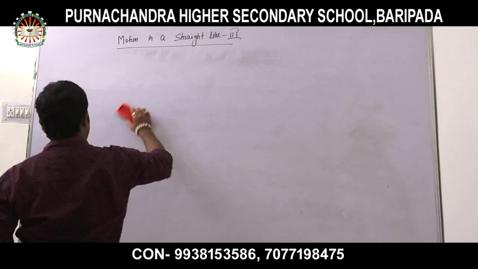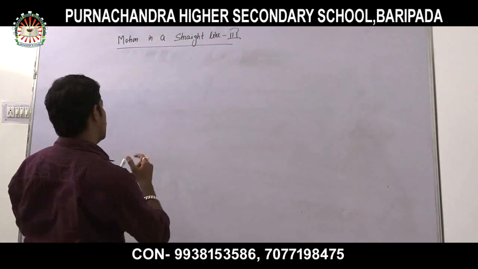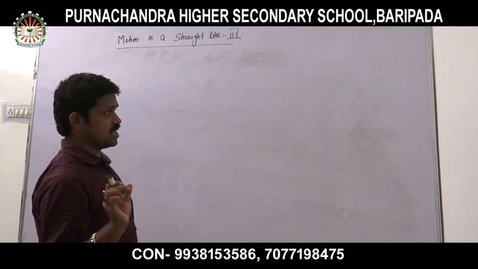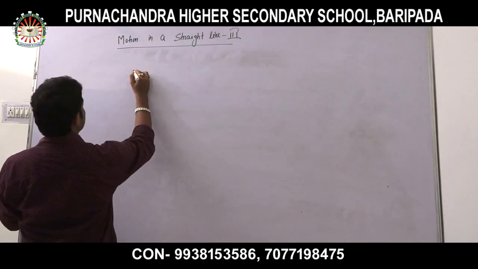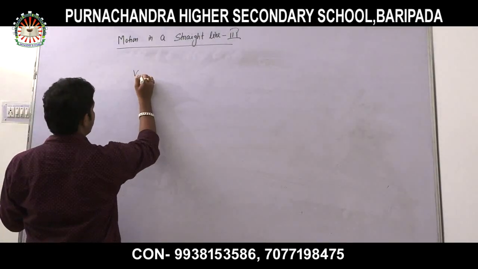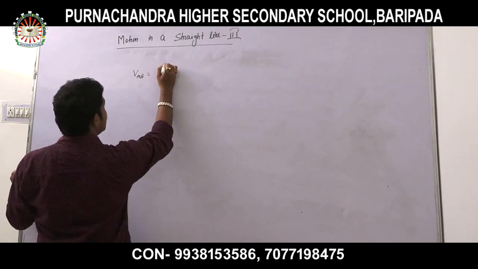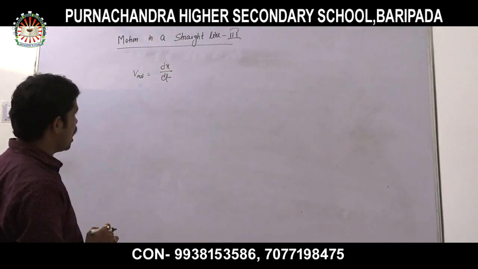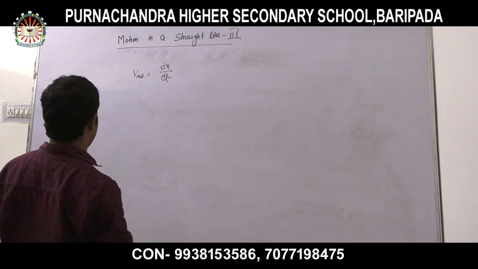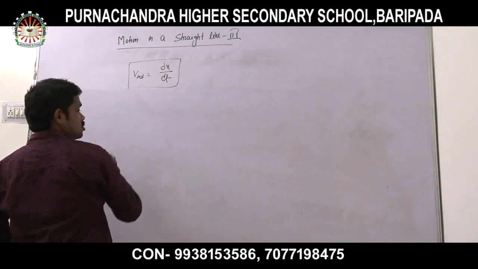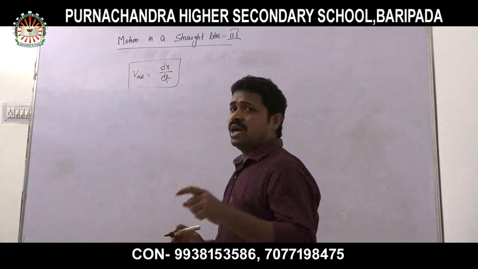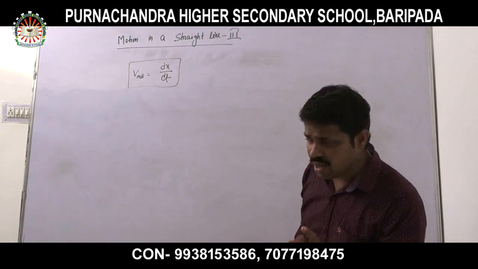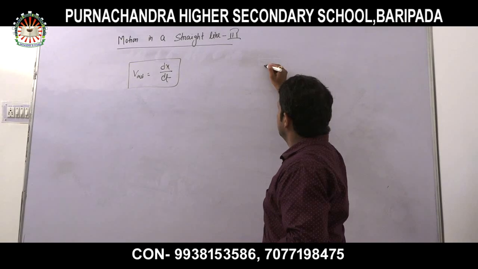Now, take another example, that is instantaneous velocity. Let us take an example, because instantaneous velocity V instantaneous is equal to how much? dx divided by dt. So let us solve a problem from it. How will we calculate the instantaneous velocity? Look very carefully. Suppose a question is there, an object or a body is traveling